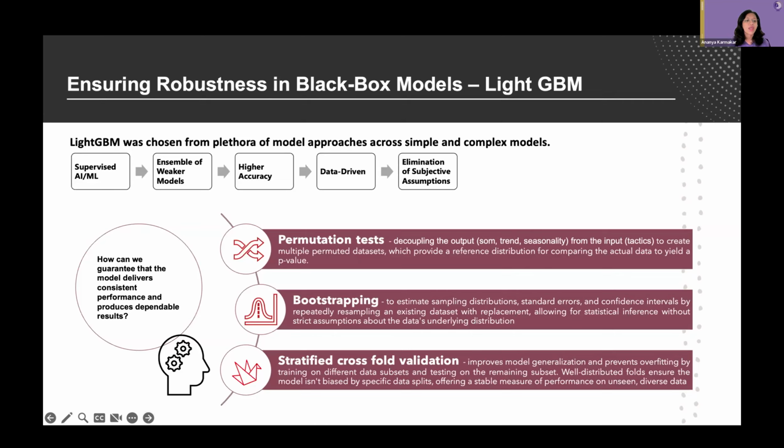So this is about the algorithm. Now, after the model has run successfully with the appropriate data extracted from Databar, in a method like LightGBM, the central question becomes, how do we ensure that the model delivers consistent performance and produces dependable results? We address this through three core validation strategies. The first is the permutation test. To confirm that the model results are not artifacts of random noise, we conduct permutation tests. These tests statistically validate the model's findings, ensuring that the observed effects are significant and not due to chance. This step is crucial for establishing the credibility of our insights.